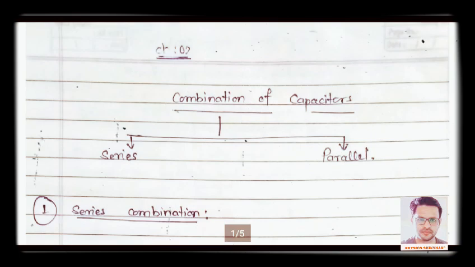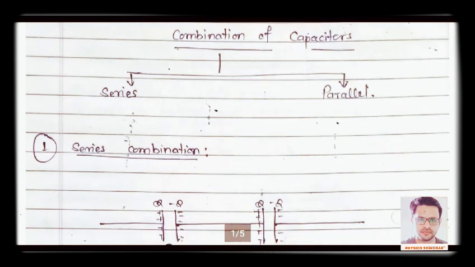वेरी गुड मॉर्निंग स्टूडेंट्स। लास्ट क्लास में हम लोगों ने कैपेसिटर के बारे में पढ़ा था। इस क्लास में हम लोग देखेंगे कि कैपेसिटेंस को हम किस-किस कॉम्बिनेशन में कनेक्ट कर पाते हैं। जो 10th क्लास में आप लोगों ने पहले से पढ़ा हुआ है कि रेजिस्टेंसेस को हम सीरीज़ या पैरेलल में कनेक्ट कर सकते हैं। तो द सेम वे वी कैन ऑल्सो कनेक्ट द कैपेसिटर्स इनटू सीरीज़ एंड पैरेलल कॉम्बिनेशन।